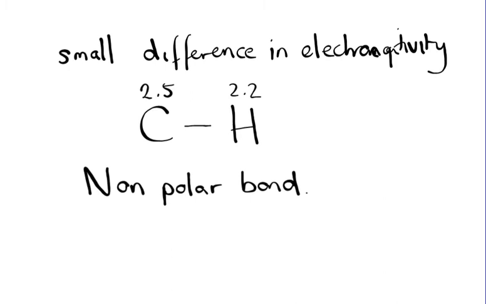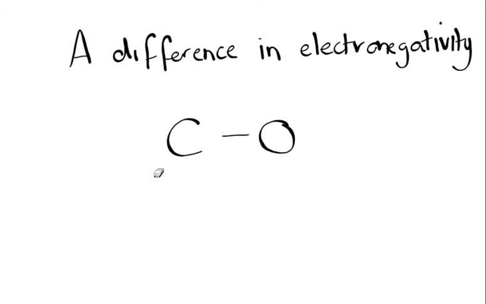And the shared pair of electrons pretty much sits in the middle of that covalent bond. Okay, so let's have a look at what happens when we get a difference in electronegativity. So we're going to have a look at this carbon-oxygen bond, shared pair of electrons. So carbon had an electronegativity value of 2.5 and oxygen had one of about 3.5. So there is a difference in that electronegativity between those two atoms, and it is significant enough that the electrons